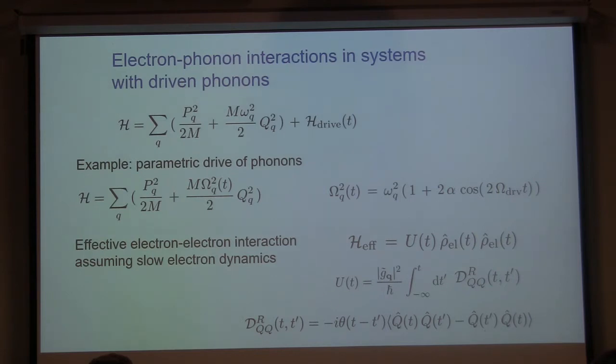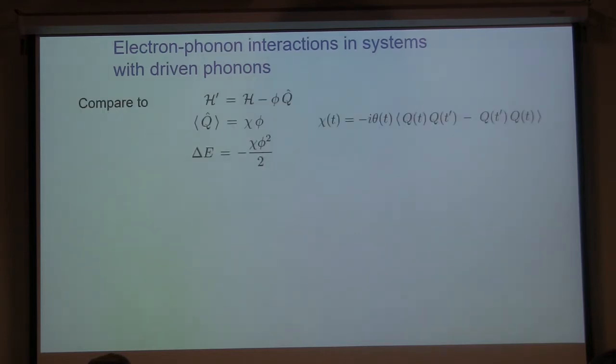But now this correlation function has to be evaluated not in equilibrium, but in this parametrically driven state. Let me just give you a qualitative argument for how it works. Let's represent our Hamiltonian: H is our harmonic oscillator Hamiltonian, and now we couple the displacement of the oscillator to some external field phi. We know that when we have an external field phi, we induce some displacement of the position of the oscillator, right?